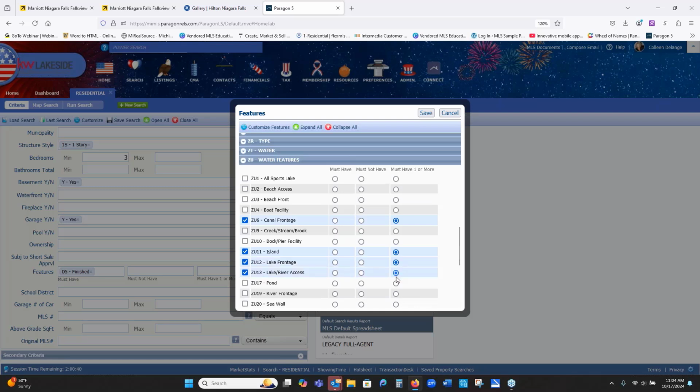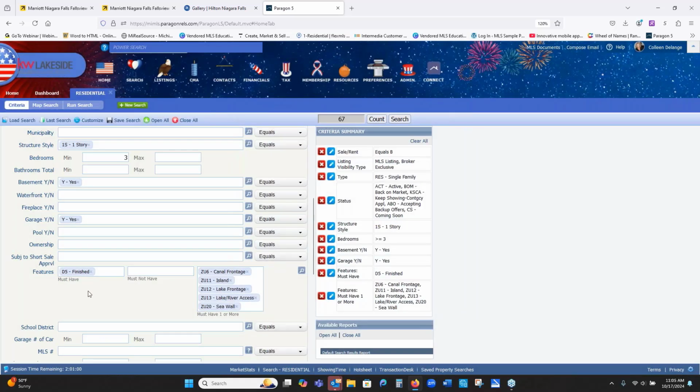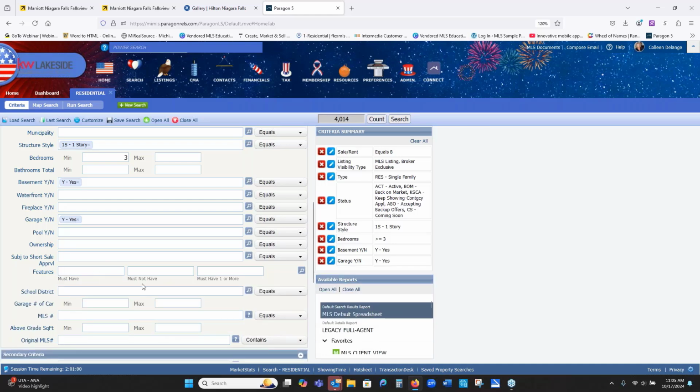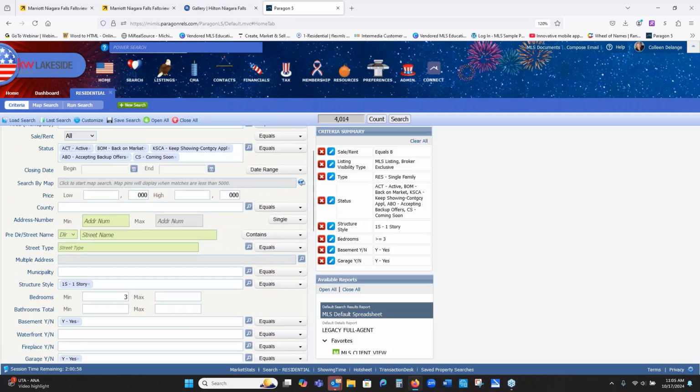Maybe they just want a river, or to be on a steel seawall where they could actually take their boat down to the lake. So you can actually customize it. Even if you're setting up the search for someone who is a little bit more demanding, you can add that extra level of detail to make sure that they get that home. That way they're not calling you saying, hey, I told you, Ed,